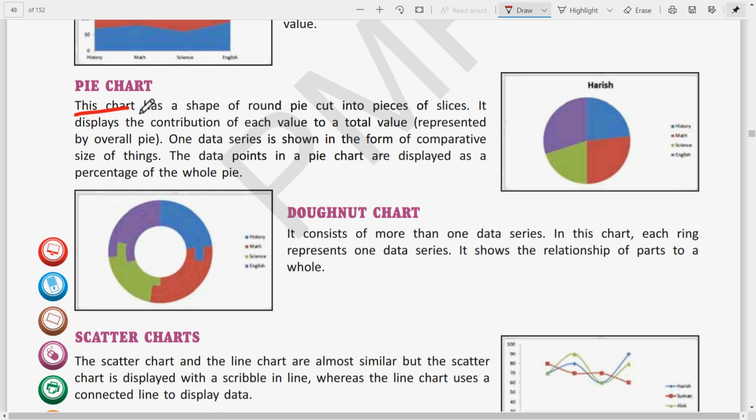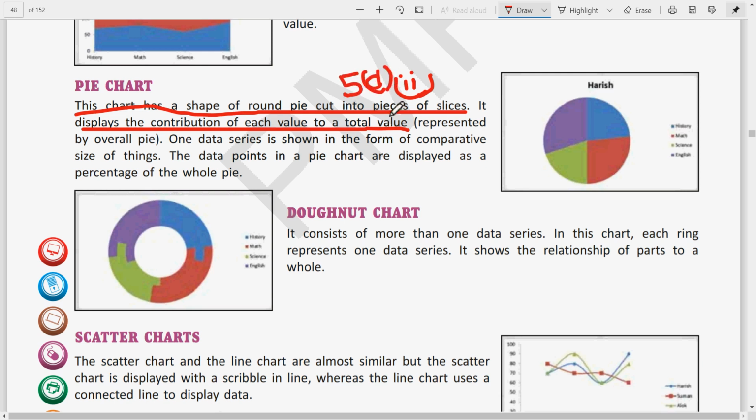You can write that this chart has a shape of a round pie cut into pieces or slices. It displays the contribution of each value to a total value. Clear? So this is the second part of 5D. Pie chart we have written.